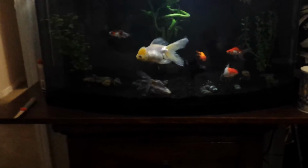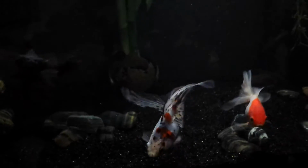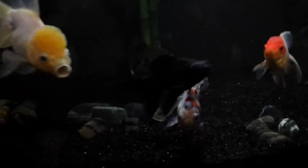Okay, I am adding some more substrate to my tank. I want it a little bit thicker. We had black gravel on the bottom, and then I went ahead and bought some of this black diamond blasting sand and added it just on top of the gravel, because I really didn't want to mess with taking all the gravel out. And now I'm fixing to add probably about 15 pounds more of the black diamond blasting